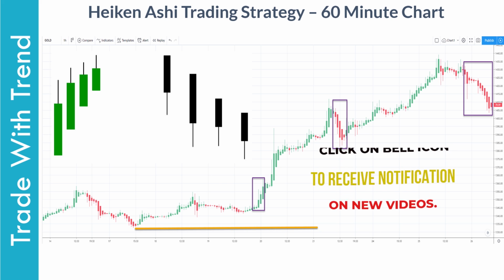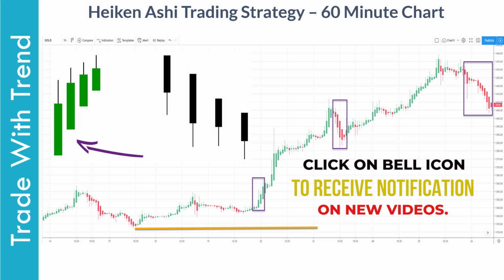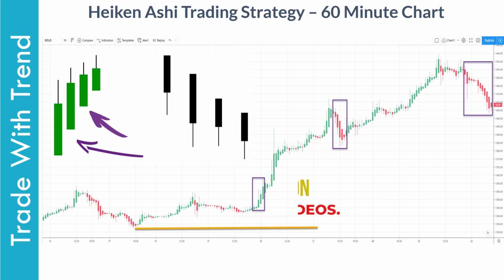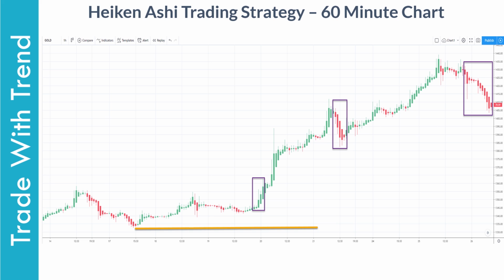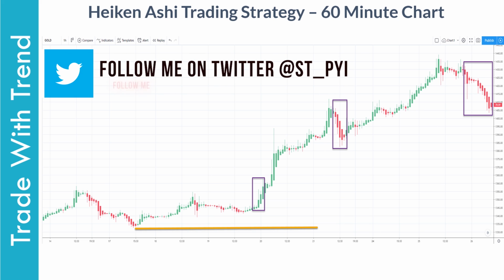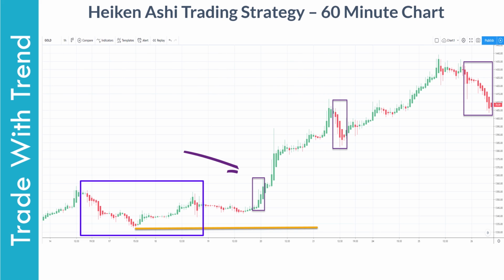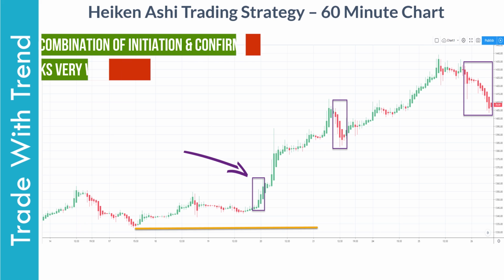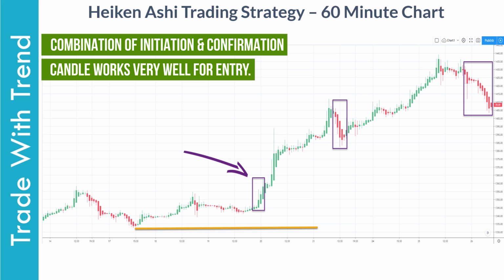If you look at the chart in front of you, these two are initiation bullish candles and the third candle that you see is confirmation candle. Once you have this combination, long or short trade can then be taken. In this chart, once gold broke out of range on daily time frame, price consolidated and then moved lower. Post this, we then got combination of initiation and confirmation candle, which was the cue to go long in the market. Now, this is something which we discussed extensively in part 1 and part 2 of Icon-SE trading strategy videos.